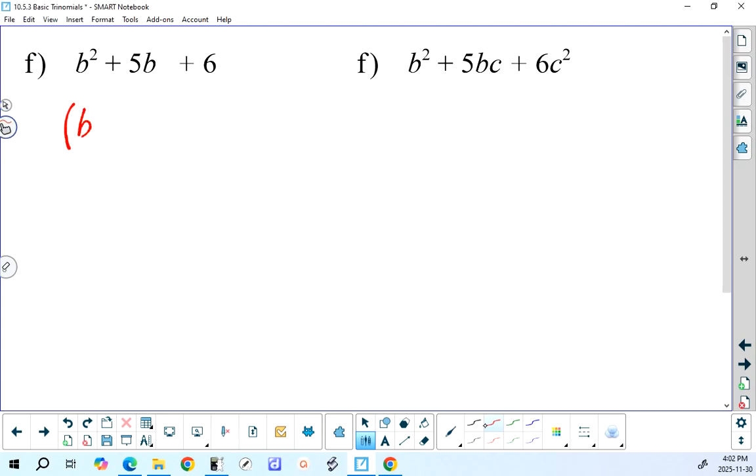You would say I have a b here and a b here. What two numbers multiply to give 6 and add to give 5? I guess that would be plus 2 and plus 3. But then we come back to reality. And the reality is